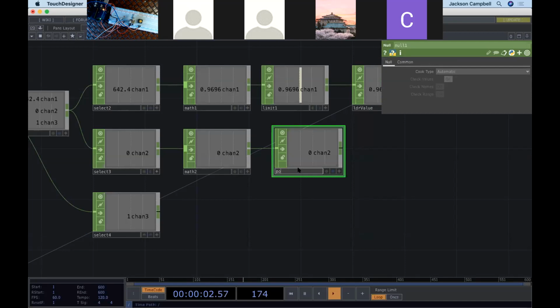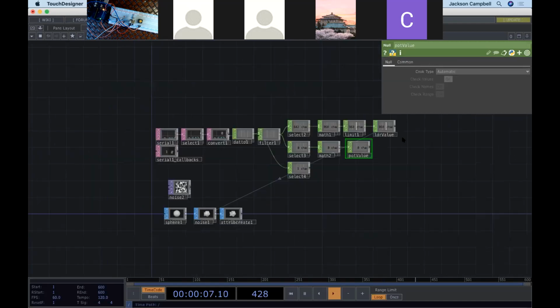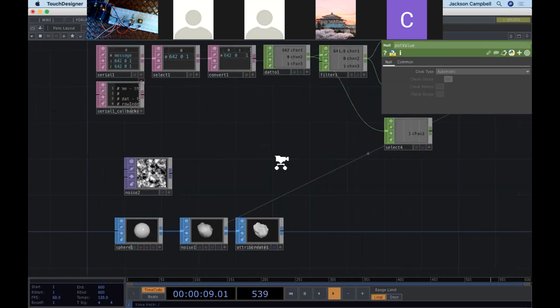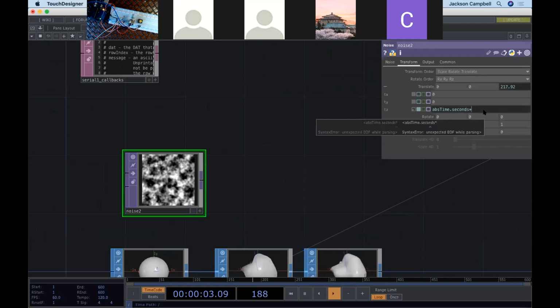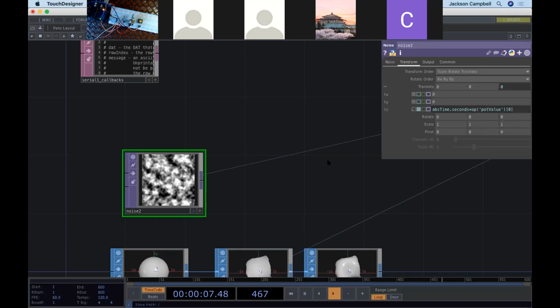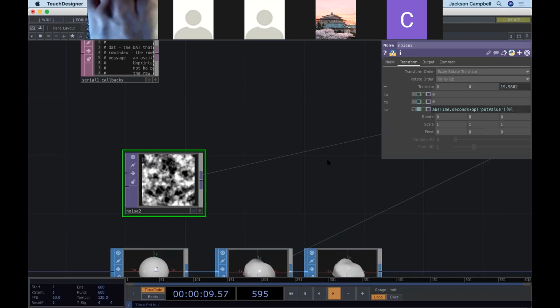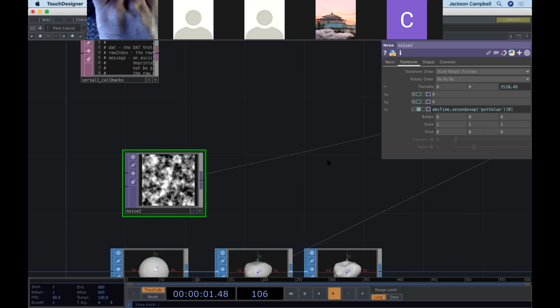So we're going to call this pot value. Okay. So I could, on this noise here, say times op, open parenthesis, pot value, close, single quote, close parenthesis, open bracket, 0, close bracket. And then that would be affected by that value,